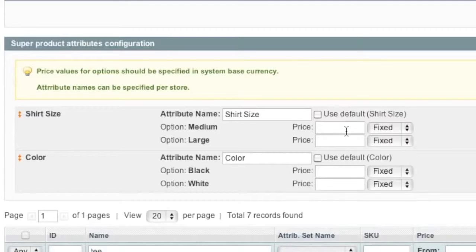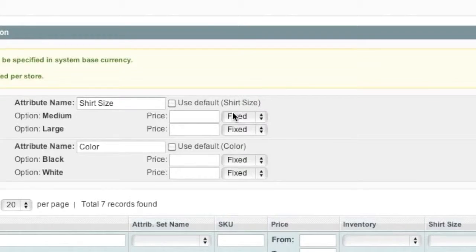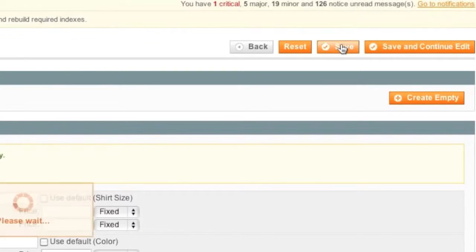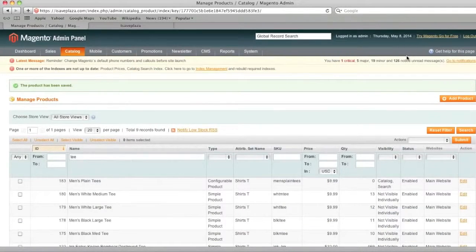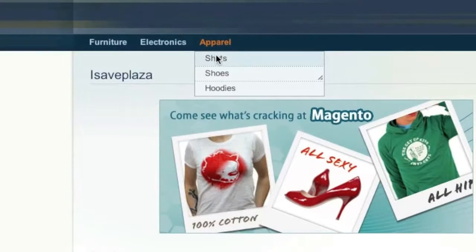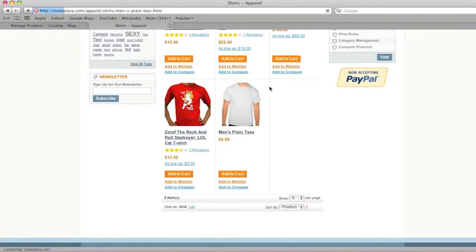And note that you can also enter in a price for each size individually if you'd like, or you can leave them empty so that you can use the prices that you set here. I'll just leave it empty, and you can even choose between fixed or percentage. And when done, simply click on save. And now just go to your category and check out your new listing. Here's mine,